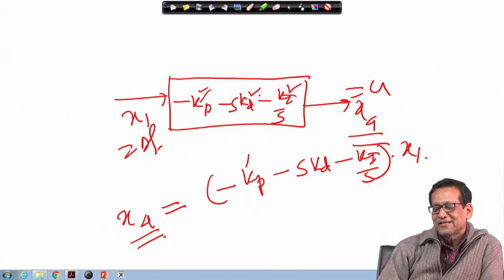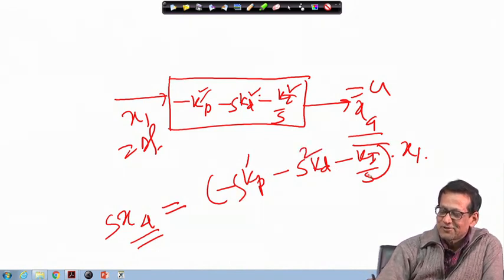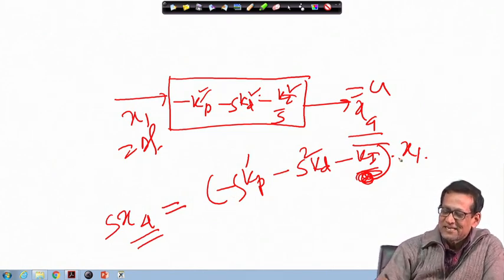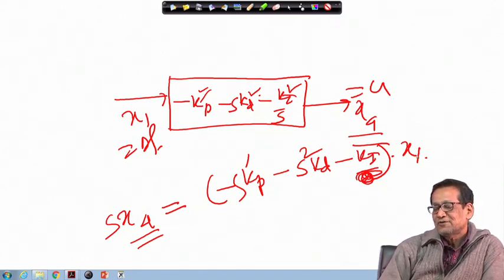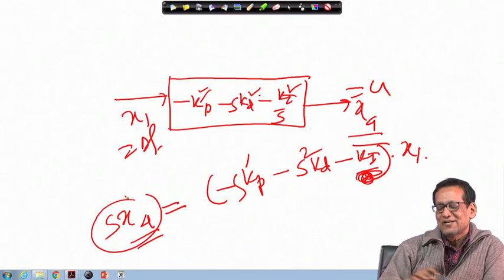Suppose you take X4 dot, so you have to multiply both sides by S. In that case this will also be S, this will be S square, which means a double derivative, and this S should not be there because it is multiplication. So it will become minus S Kp dash X1 dot, and minus Kd into X1 double dot because of S square. X1 dot is known to you, then you have to take another derivative and manipulate everything mathematically. So the procedure is a little bit complicated, but it is possible, because S X4 is X4 dot; only thing is that so many elements will come.